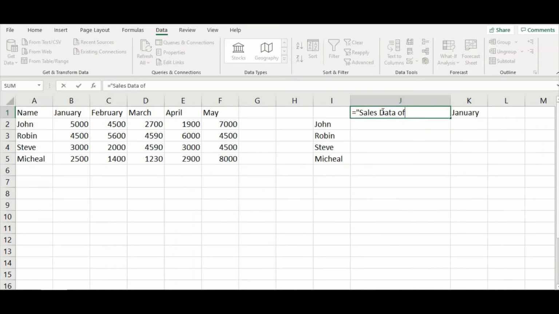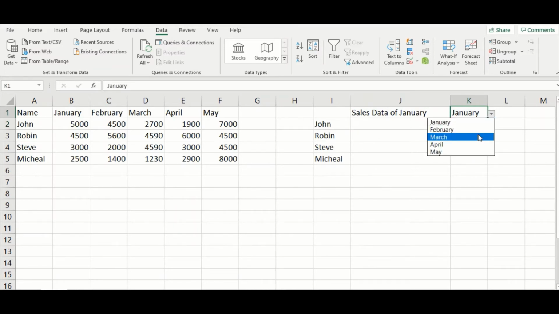Now sales data of month. So the title is sales data of January. If we change it to March, you'll see the updated title sales data of March.